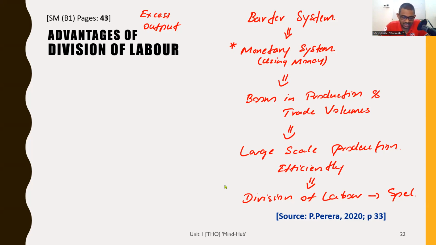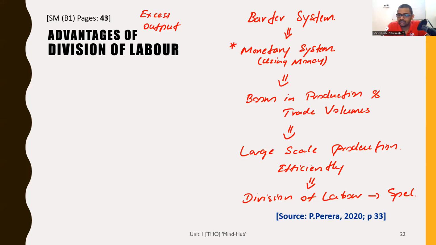Division of labor. Sorry, as I was saying, we are clear on the background, right? Now let's talk a bit about this method of production called division of labor, and it's actually a very amazing, wonderful thing. This very renowned economist known as Adam Smith made a certain observation in a pin factory in Scotland, UK.